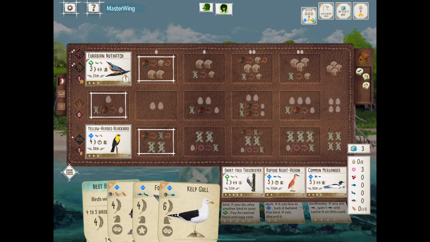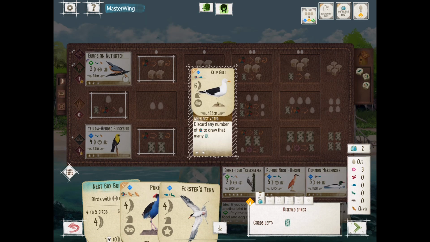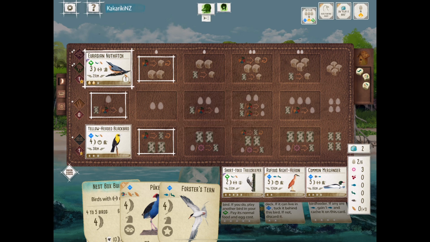Let's go. 3 turns left. We got 3 nectar. And I think we stick with the game plan here. I think the Pukeko is worth it. Kelp gull is not the move. And Forster's may or may not get down. If I can draw something better, that'd be great. And to be honest with you, at this point in the game,